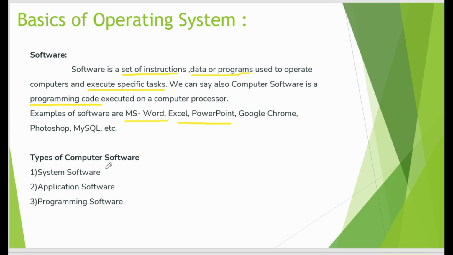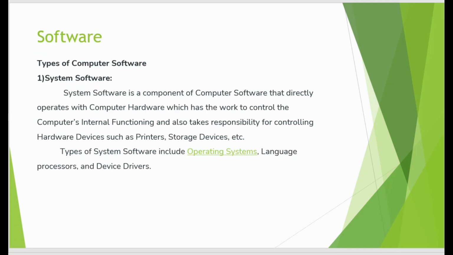There are three types of computer software. The first is system software, the second is application software, and the third is programming software. Let us learn about them one by one. So the first part is system software. System software is the component of computer software that directly operates with the hardware